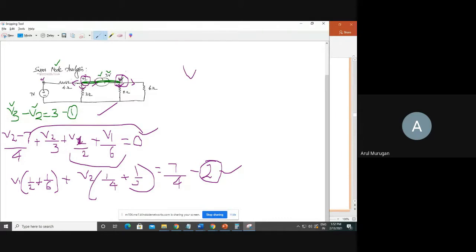But here I have written something wrongly. Previously I had assumed v3. If I want to write it here as v3, but I have assumed only v1, so here I want to change it to v1. So v1 minus v2. Suppose your assumption is v2 and v3, then in the v1 place you will replace it with v3. If you want, you can keep it, no problem.